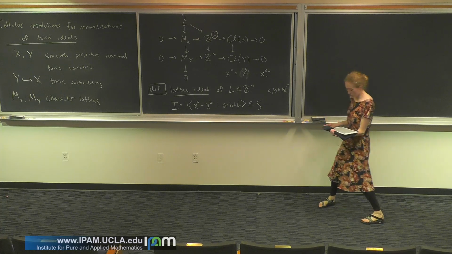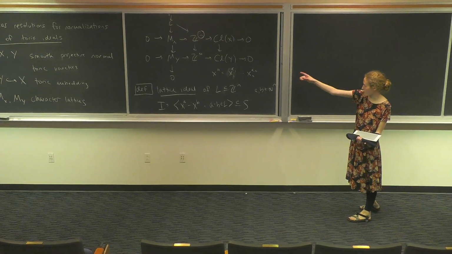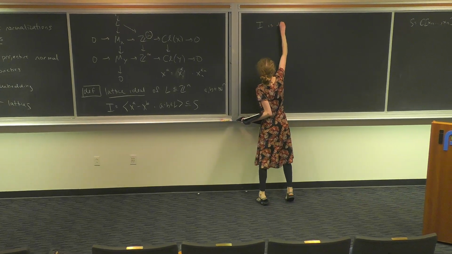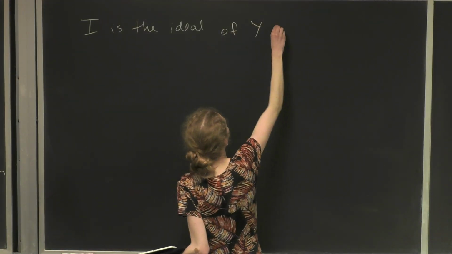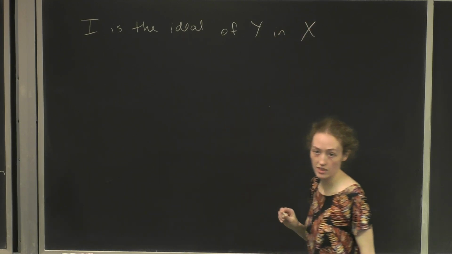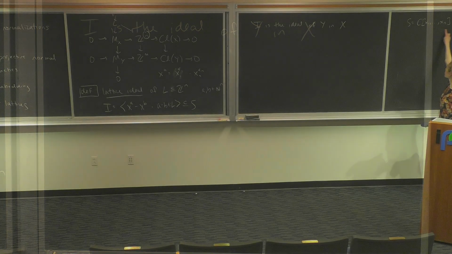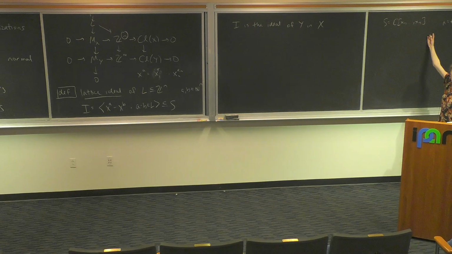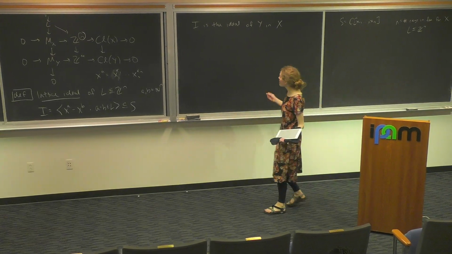Okay. So one reason you might care about this from the geometric motivation is that I is the ideal of y in x, the way I've set it up. I said this is like the total coordinate ring of x, and if you want to know what ideal defines your subvariety y, this is the ideal. Why is that the case? Basically,